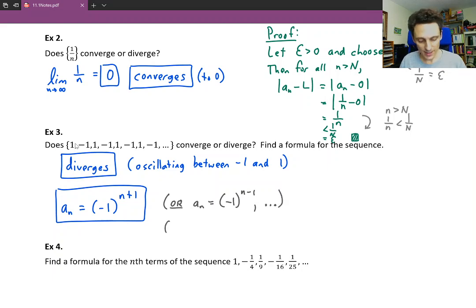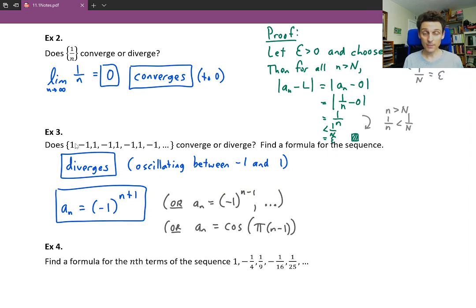Another clever variation would be using something else that you know that oscillates around, and that's trig functions. Trig functions go back and forth between 1 and negative 1 if you hit them at the right places. I mean, they go through all the other values in between, but if you hit them at the right places, they're going to be 1 and negative 1 and 1 and negative 1 and so on. So for example, we could use cosine. You don't have to necessarily use cosine, but if you use cosine and you write cosine of pi times n minus 1, like that,